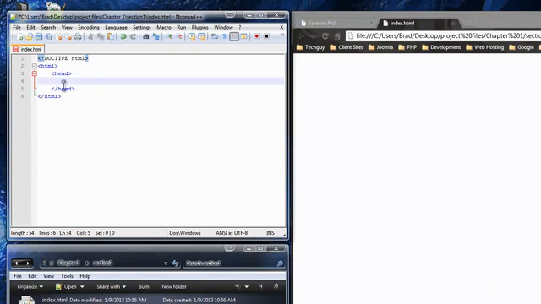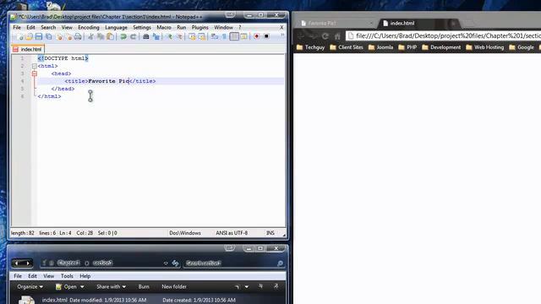And in the head tag, we can do a lot of different things. You can have meta tags, keywords, all kinds of scripts or links to CSS or JavaScript files. But in this project, all we're going to have in the head is the title. So open it, close it. And sometimes I'll leave it on the same line if it's going to be a short amount of content in the tag. So for the title, we're just going to have